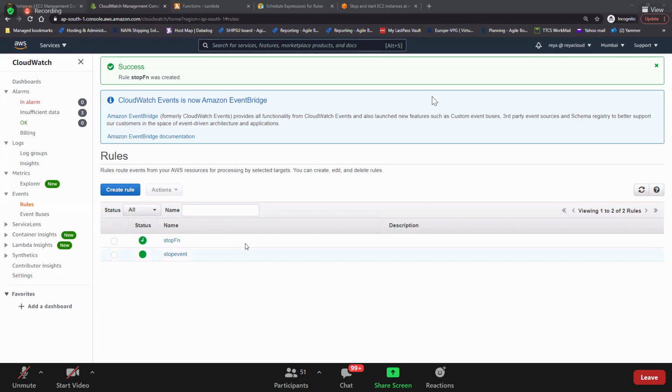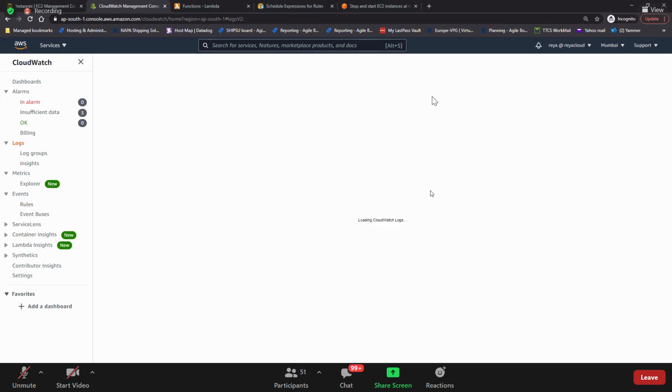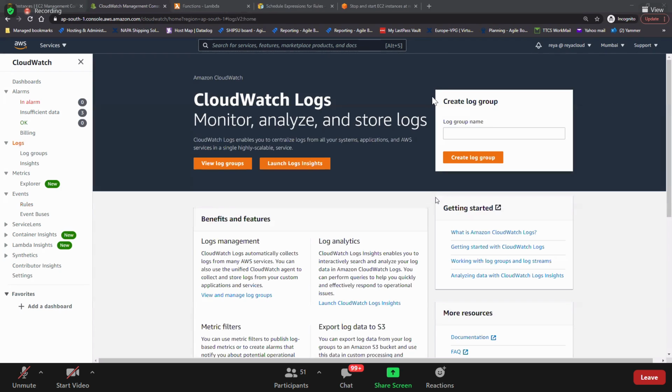Okay, so guys, this is about events. And then the last topic here is groups. Important here. CloudWatch Logs groups. Guys, we are talking about CloudWatch Logs. Do you remember what we talked about regarding CloudWatch Logs?